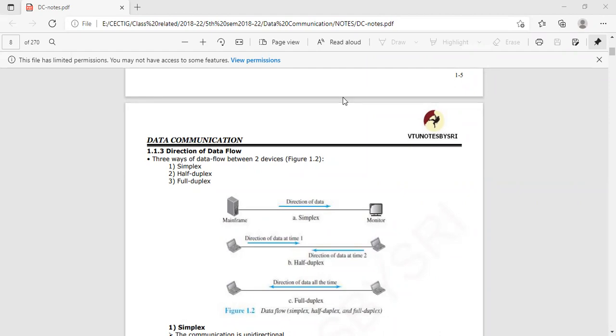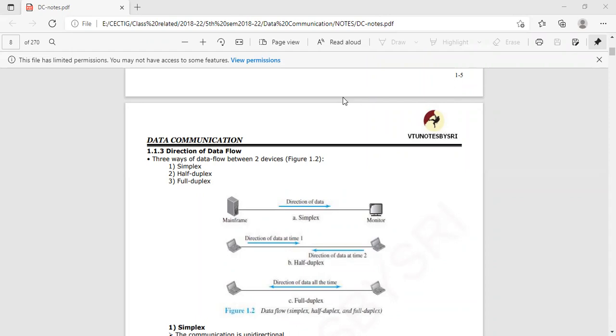Suppose two devices are connected, device 1 and device 2. Device 1 is sharing some data with device 2. At that moment, device 2 will be in hold and wait mode. Device 1 will transmit all of its data to device 2. Only after device 1 completes its transmission is device 2 allowed to transmit its data to device 1. So both device 1 and device 2 can share their data, but not at the same time.